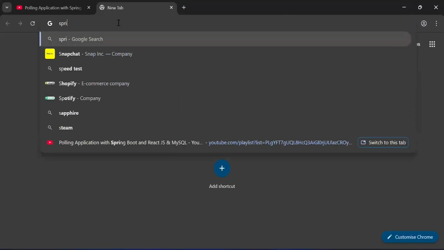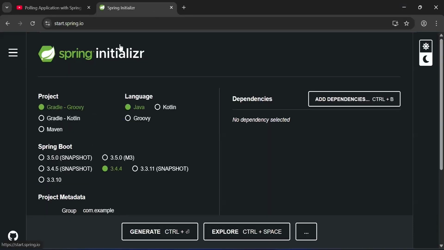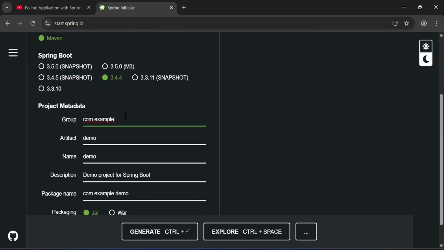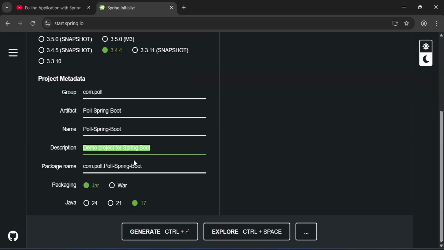Let me search here for Spring Initializr. As you can see, the official website of Spring Initializr. From this, let me select the project type, Maven; language, Java; Spring Boot version, the default 3.4.4; group, com.poll; artifact, poll Spring Boot; description, let me add here, polling application; package name, com.poll; packaging will be jar; and Java version,